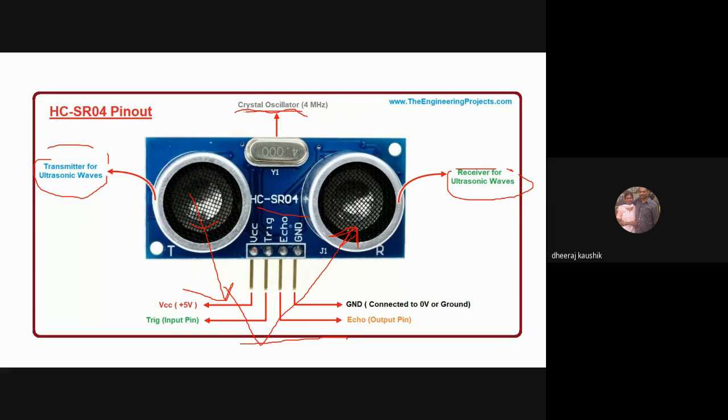There are 4 pins to this sensor, and the starting pin is VCC. It is connected to the plus 5 volts supply, and this is the trigger input pin. And this is the echo output pin. You might have understood what these mean by their names. It is an echo, which means it is the reflection back of the sound. And this is the trigger. So this pin is used when you want to send a wave from the sensor. And this pin is used when you want to calculate the received echo wave from the sensor. This is the ground pin, which is used to connect it to 0 volts or ground, which is basically used to complete the circuit.